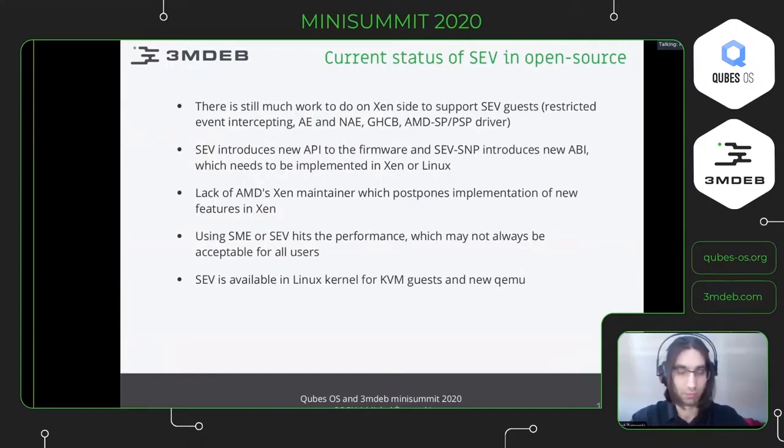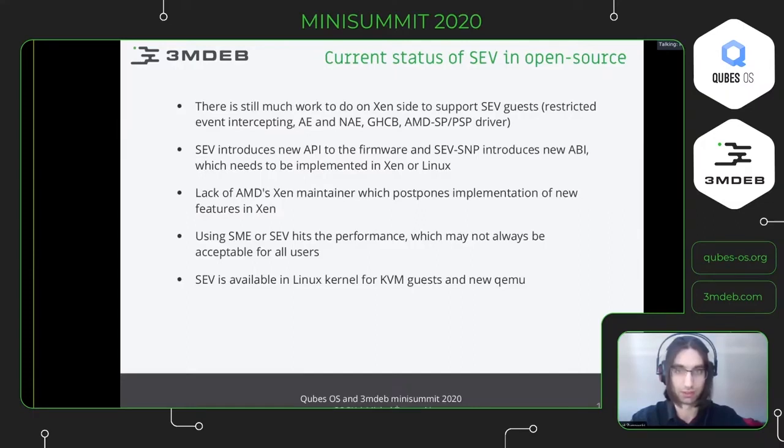So to sum it up, there is still quite a lot of work to do on the Xen side to support SEV guests. The restricted event intercepting, automatic exits and non-automatic exits, the guest-host communication structures, PSP driver, etc. Additionally, SEV-SNP introduces a new API to the firmware.